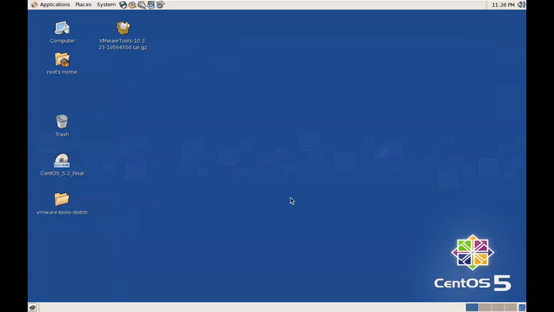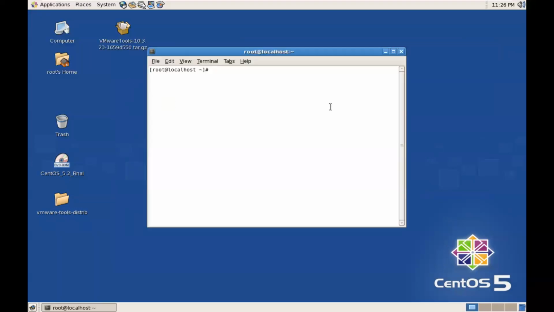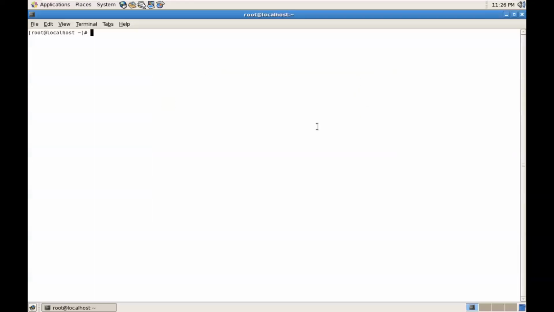In this video, I'm going to show you how we can check memory information in CentOS Linux. So first of all, go to application and choose accessories and open the terminal. And in my previous video, I have shown how to check CPU usage and all and its related commands like